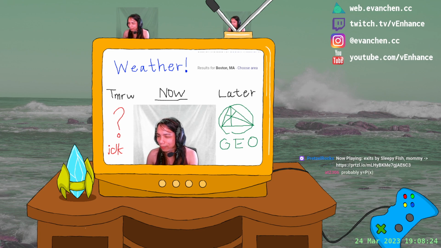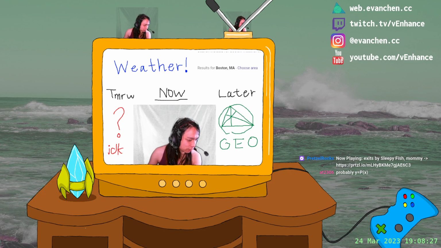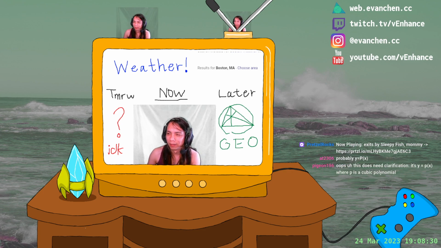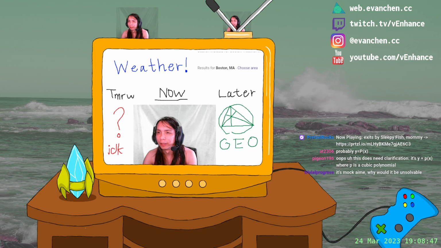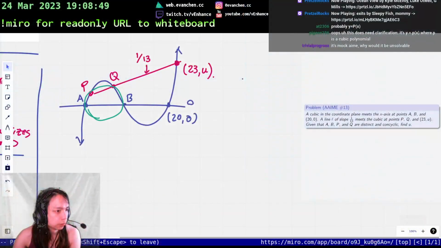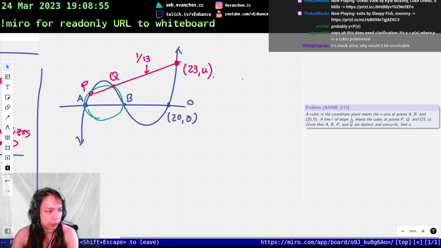It says a cubic, but I don't... Okay, it has to be y equals to cubic in x, because otherwise the cubic is determined by 9 points. So if you have 6 points and you say they lie on a cubic, that actually tells you no information. Yeah, okay, so I will edit that in the statement so that it's unambiguous. So the graph of y equals p of x for some cubic polynomial p in Rx meets... Okay, so then it's meaningful to say